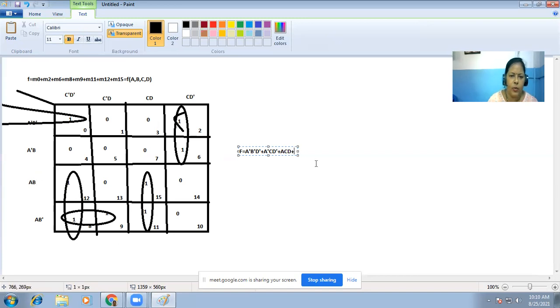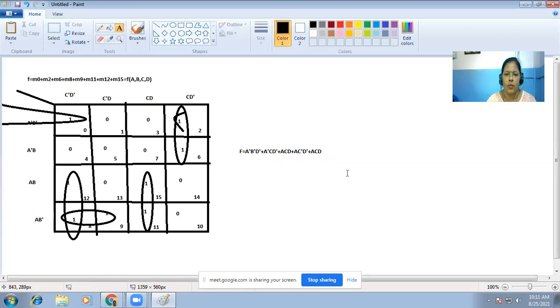So for these two, from this side A and C bar, D bar. Plus, for this loop again from this side A is fixed, A, C, D. This side also A, C bar, D bar, and A bar, D bar.